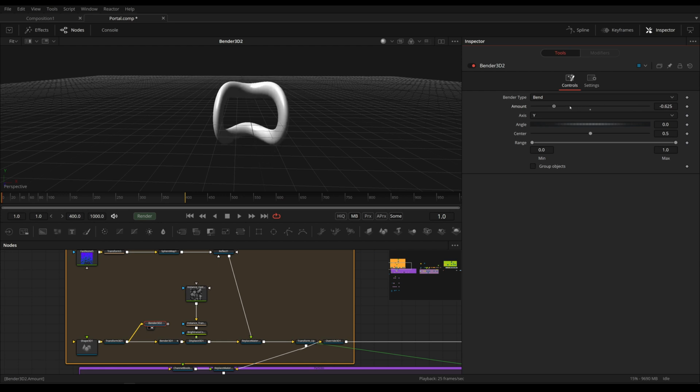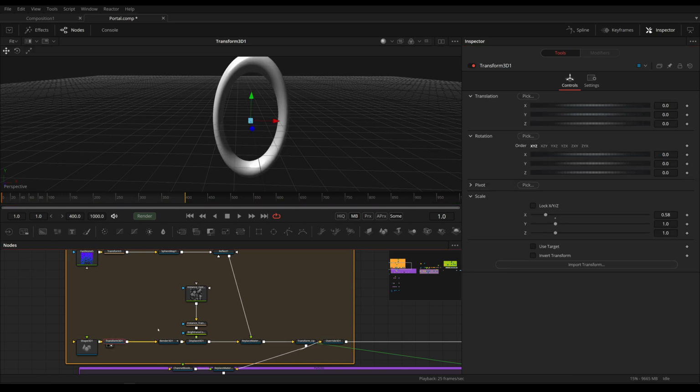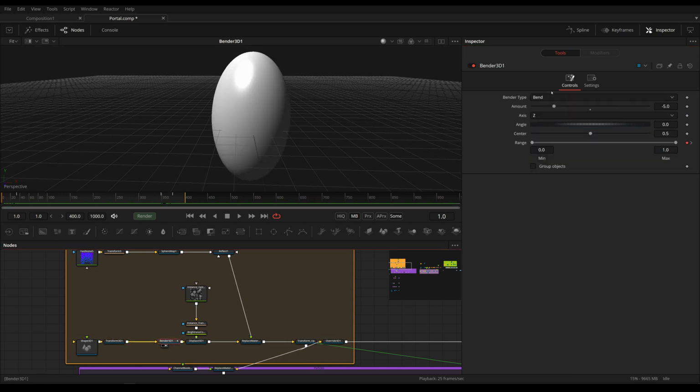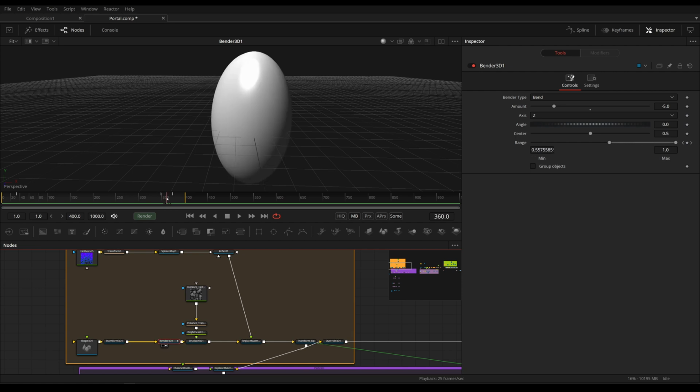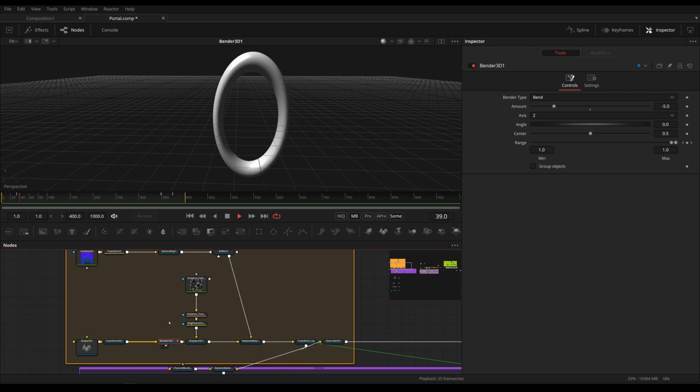This will take your geometry, bend it, and you have some range sliders which will limit the effect to certain parts of the mesh. And I've simply changed that to bend in the z-axis, and I animated the range slider. So first it's active everywhere, then I've increased the numbers to 1 and 1, which means this isn't active anywhere, and for the closing animation I've done the same, just in the reverse direction. This really gives us this nice shell opening animation. So this is our animation we get from the Bender 3D.